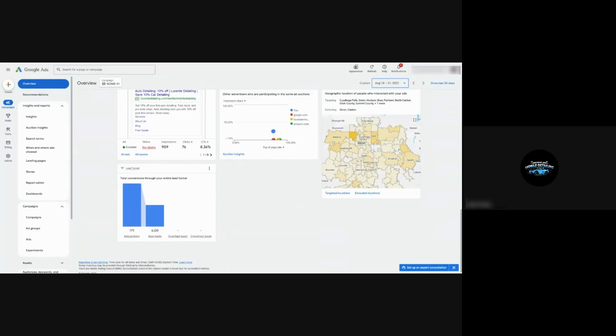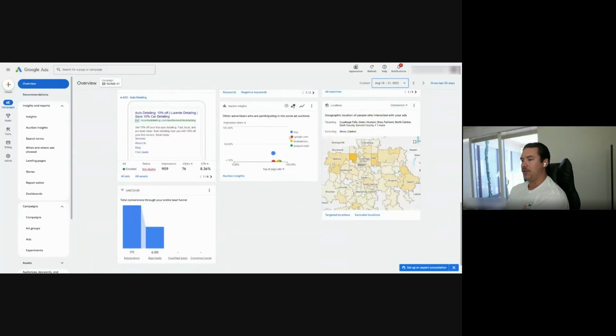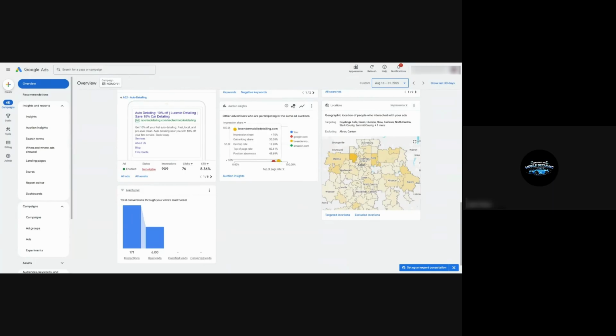So yeah, what I would recommend is then opening this up, because you can see this is where you're actually beating everybody in terms of impression share. You're getting 32% of it. These guys are getting like none. But these are also not very relevant guys. Amazon.com, Google, and then Lavender was a competitor.